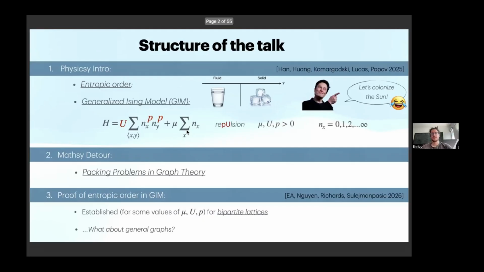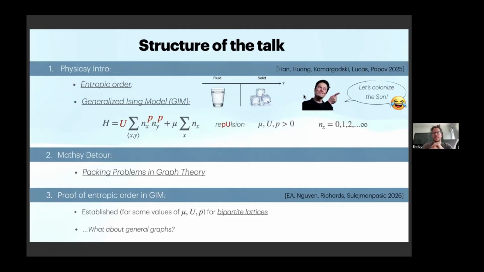So the structure of the talk is going to consist essentially of three parts. First, I'm going to give a physics introduction to a phenomenon proposed first last year by these people,